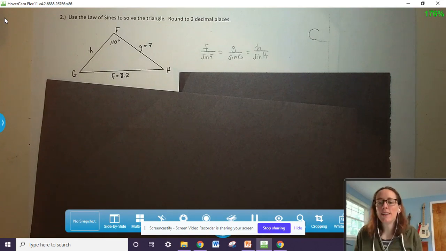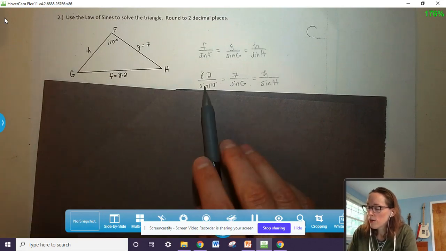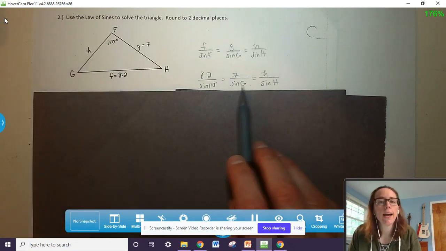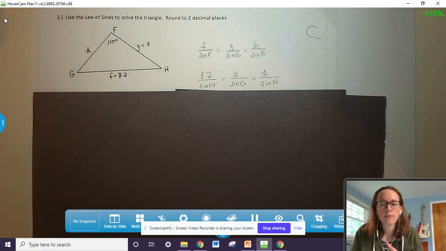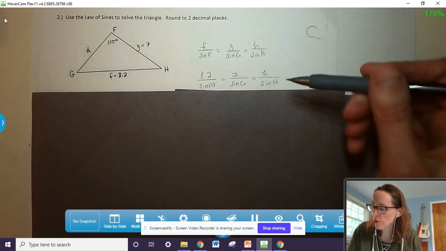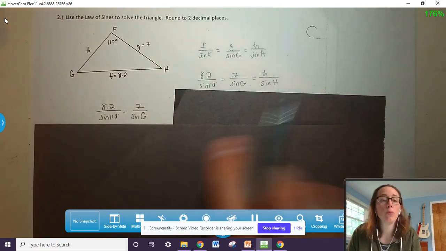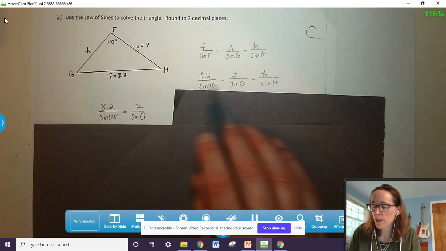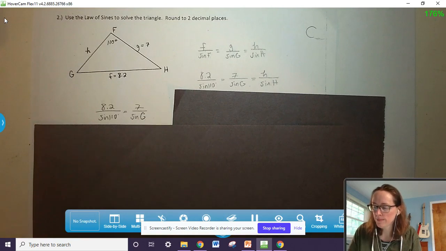And now fill in the information that you know. So looking at this setup, when we go to solve, we have three unknowns. We have angle G, angle H, and side H. For this example, what do we have to solve for first? We have to solve for angle G first because this has two unknowns. So the first pairing of these ratios to make a proportion are these two, because this equation only has one unknown. So if we cross multiply,